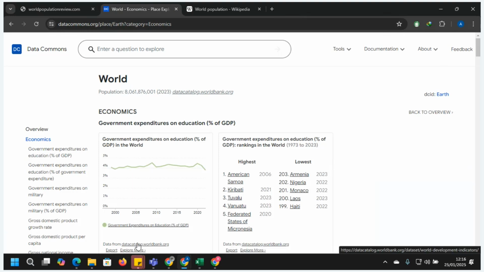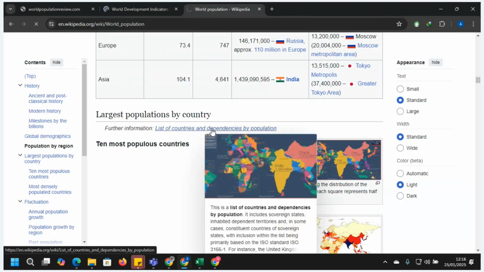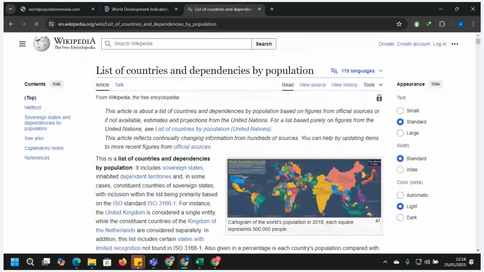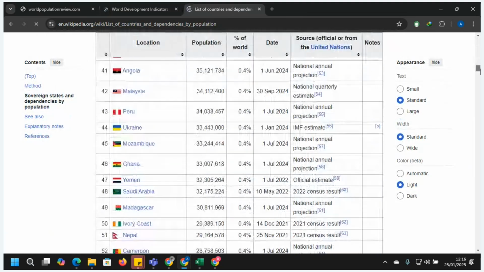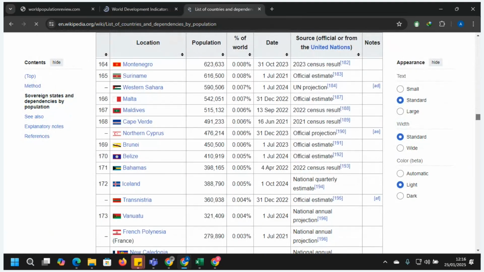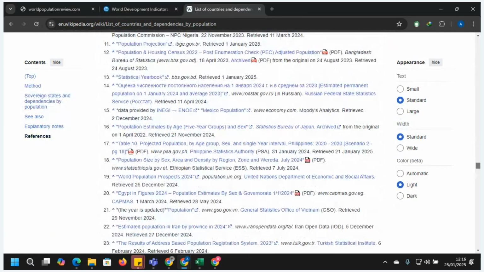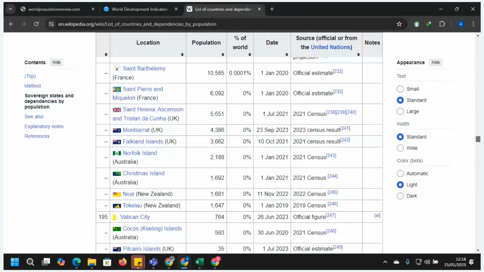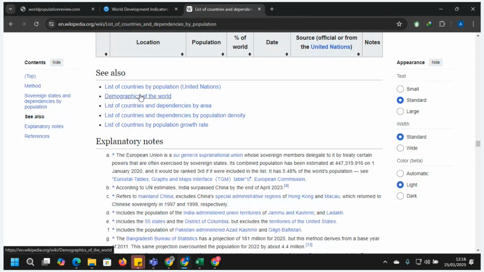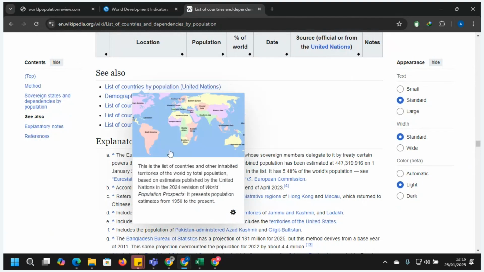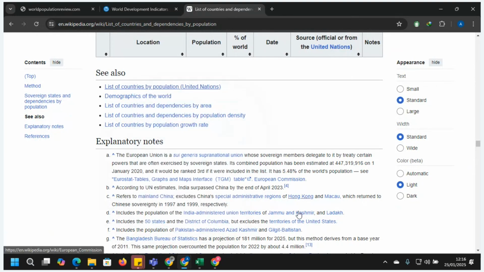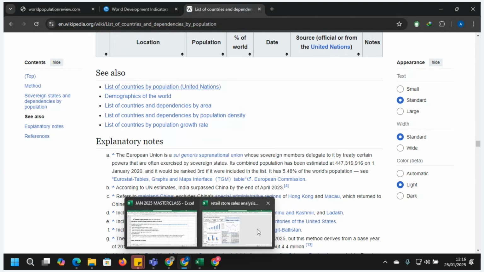Data from this place. Sorry, I want us to get a sample data that we can connect with, so you can see how you can connect your Excel to online. Can we copy this link? Let's copy this link. I don't know what is there. List of country population. Let's copy that link and go to Excel again.